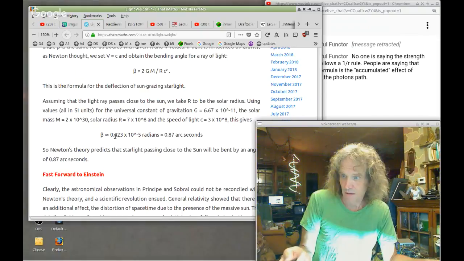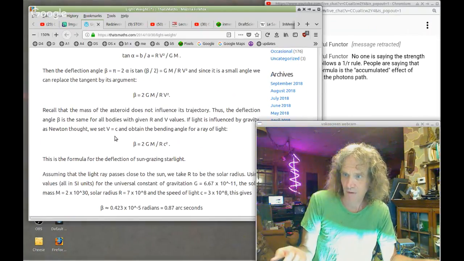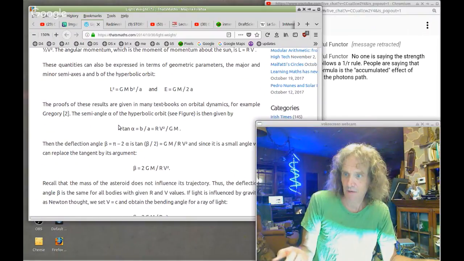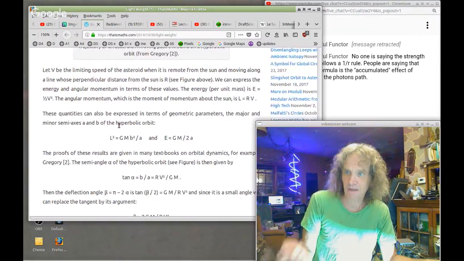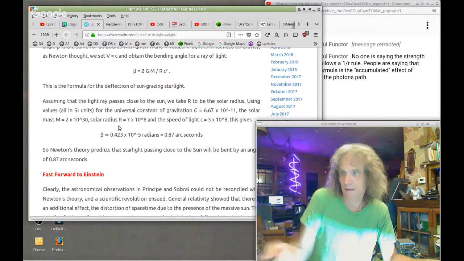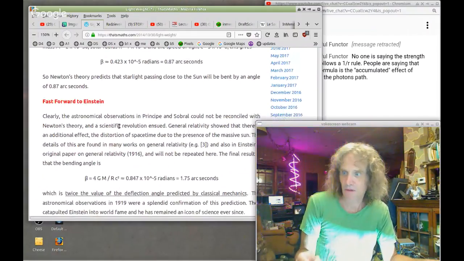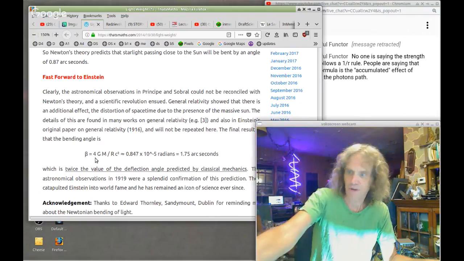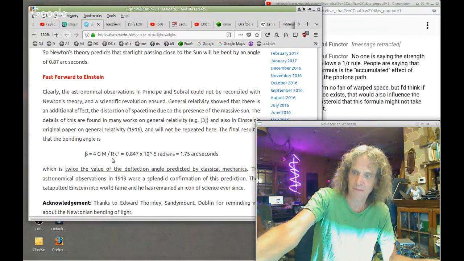Where is it? Let's see. It should be right here. Well, everybody should know this, that the Einstein difference is merely putting the 4 in. So it'll be shown in mindless marbles as nonsense. Where is the 4? So there it is, 4 GM. So B equals 4 GM, okay?